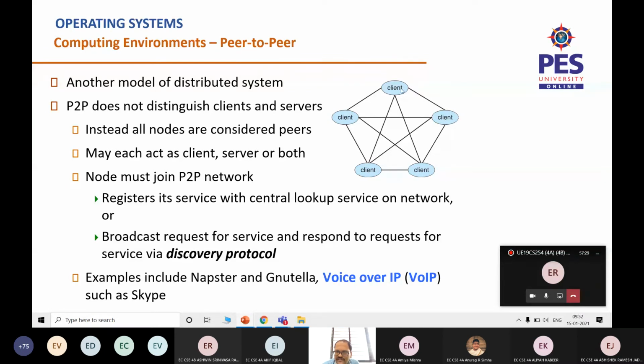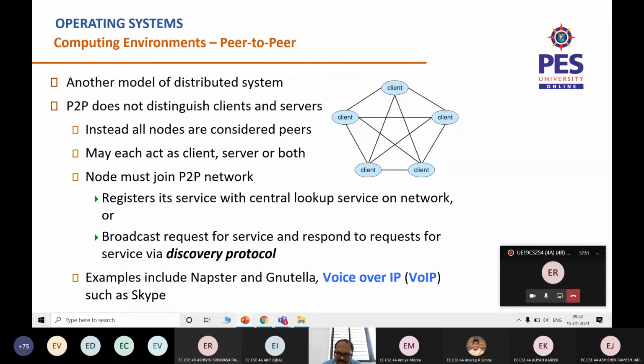Now each of them will see what kind of job it is. Client 1 sees, oh, this is job 5, I'm not an expert. Ignore. Client 2 will see, oh, I am also not an expert in doing job 5. Ignore. Client 4 will also ignore that particular request. But when it comes to client 5, it says, yeah, this is my domain.